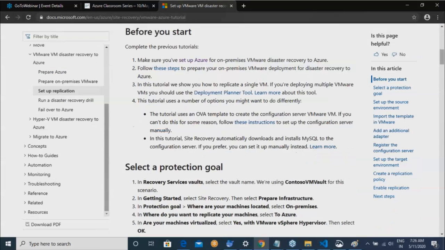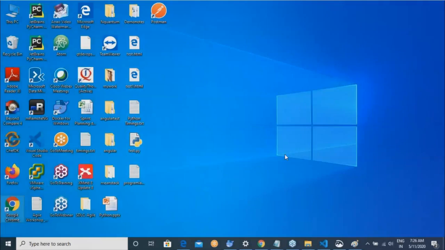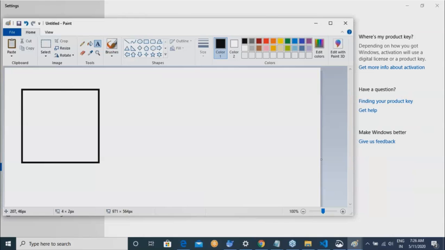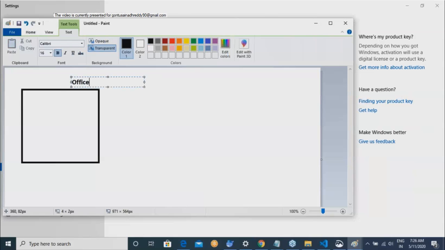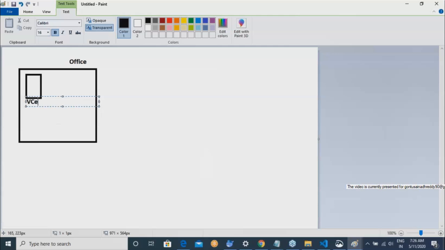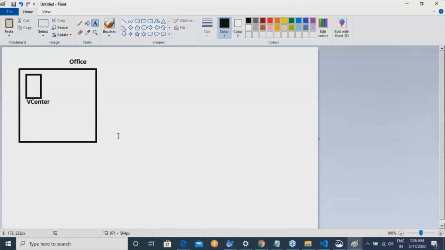Here the story is this. This is your office. In your office, you have VMware, that is virtual machines. You have vCenters, whatever it is. So your virtual machines are over here.